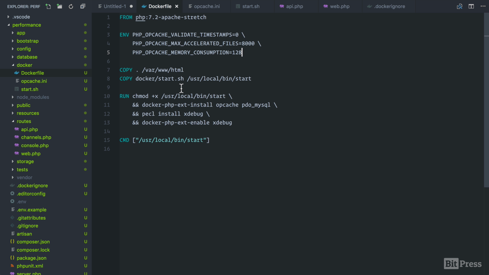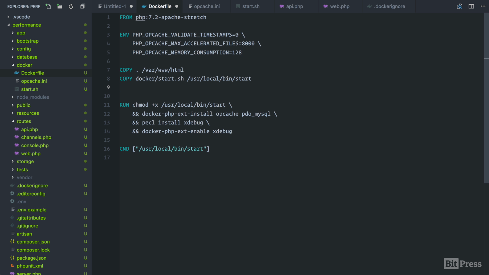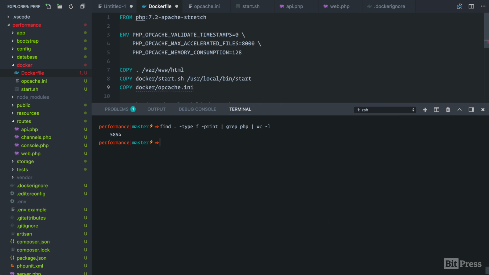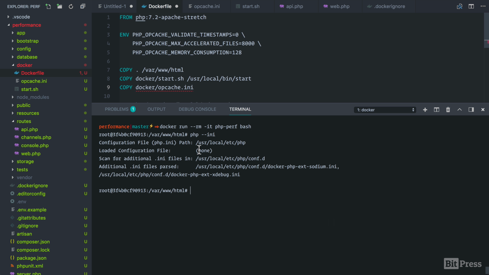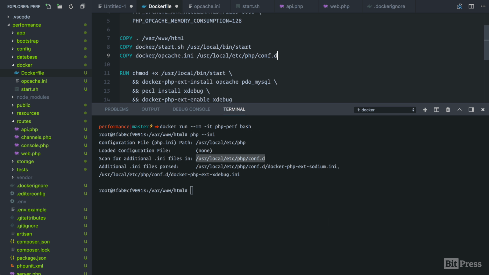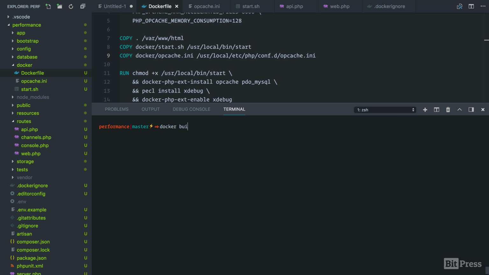So with these settings in place, we also need to copy in the INI file. So we're going to add COPY docker/opcache.ini, and let's go back into the image and run docker run, and we're going to use bash and php --ini, and this is the path that we need to copy this file into. It's going to scan for additional INI files within this path. Inside of our image, we're going to copy it to this path, and it's going to be called opcache.ini. So if I exit this container and run docker build,